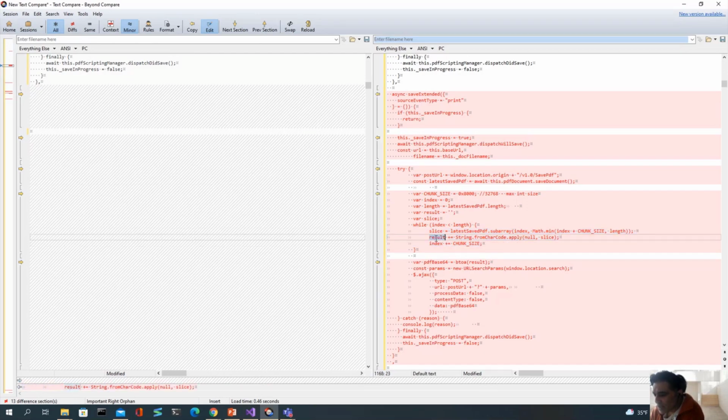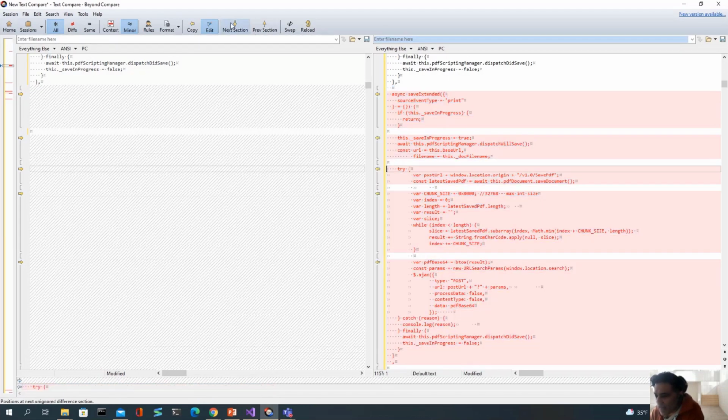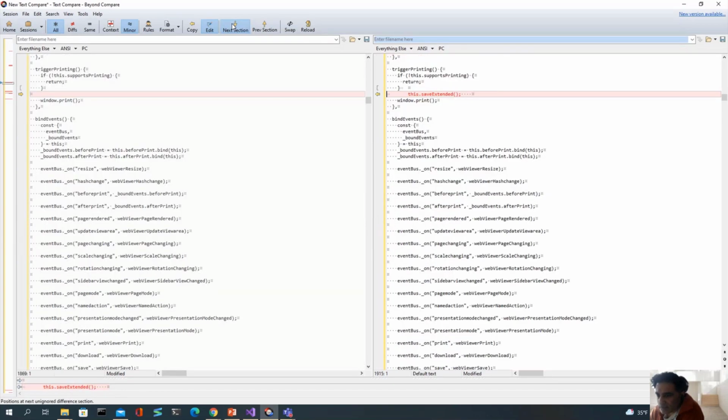So then once we are done, we got this here and we are sending it to the server in base64 string format. That's all happening here. Let's see. And the next change is,